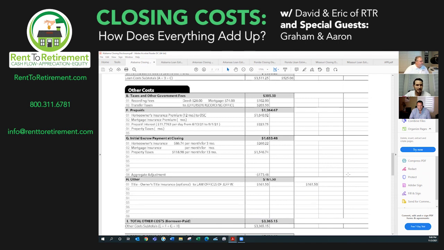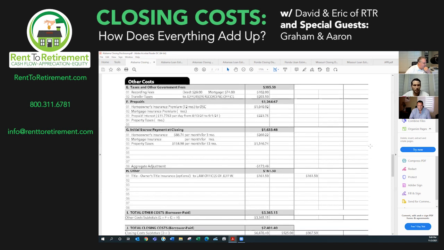And we can see here that section F, we've got 12 months collected for their insurance policy, and that 1040 number there is whatever annual premium the borrower ultimately selected after they did their homeowner's insurance shopping, what they felt comfortable with. That is the number being factored in right there. Another item just to point out there, you see the prepaid interest on line 3 right there under section F. That's just the daily interest on the loan in accordance to when the loan closes. So depending on the closing date and the month, you're going to see that fluctuate. So that's just the interest on the loan.